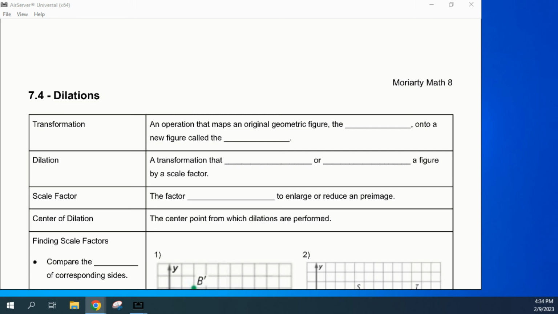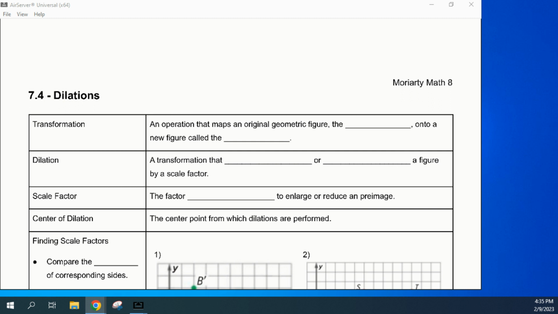Hey everybody, today we are learning our fourth and final transformation. This is called a dilation. You might have heard that word before. Usually it's in reference to whenever somebody flashes a flashlight in your eyes, your pupils dilate. So that's like the black part of your eyeballs. What that means is they change in size, right? You've seen it before. Your eyeballs get bigger, smaller. That's called dilation or dilating. All it is is a change in size, and we're going to use that same mindset here for these types